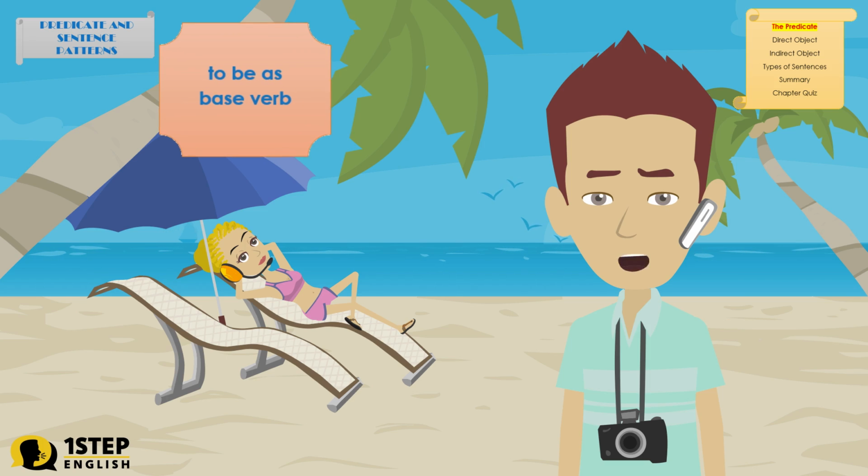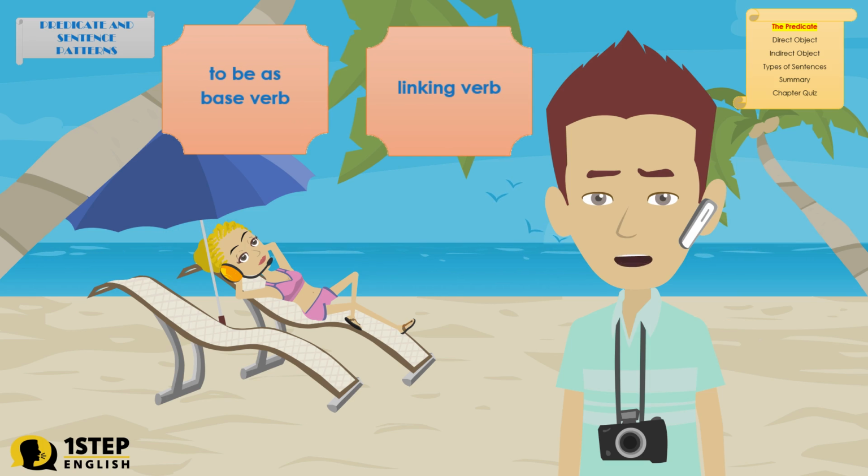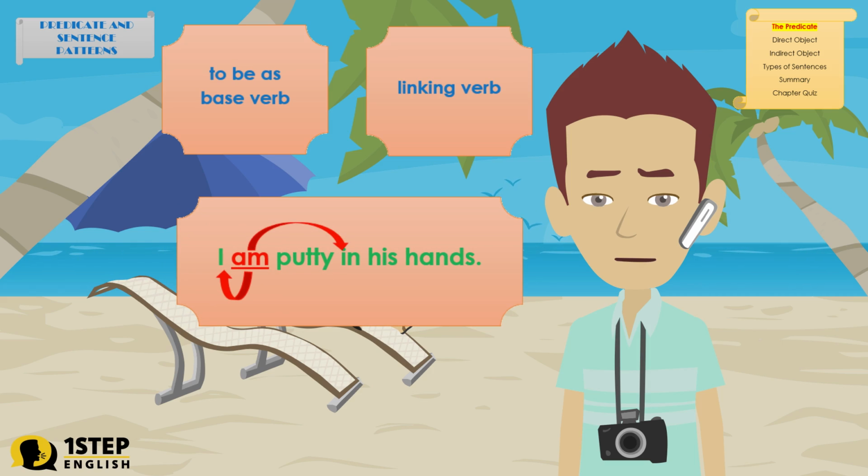But when, to be, is the base verb, it is a linking verb. For example, I am putty in his hands. In this sentence, the word, am, is the linking verb that connects, I, and, putty in his hands, to show